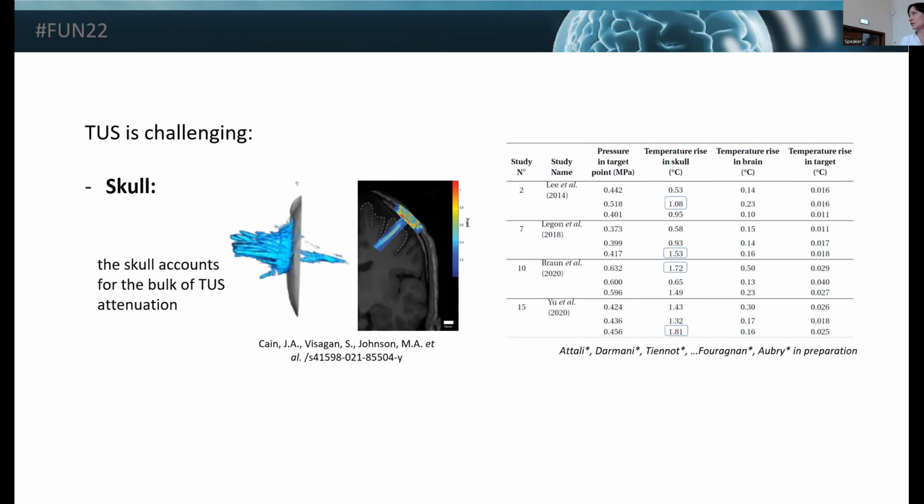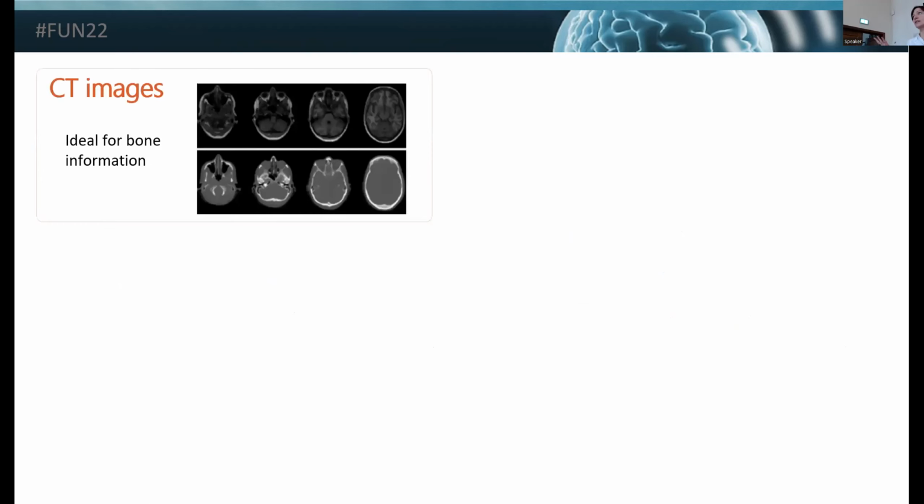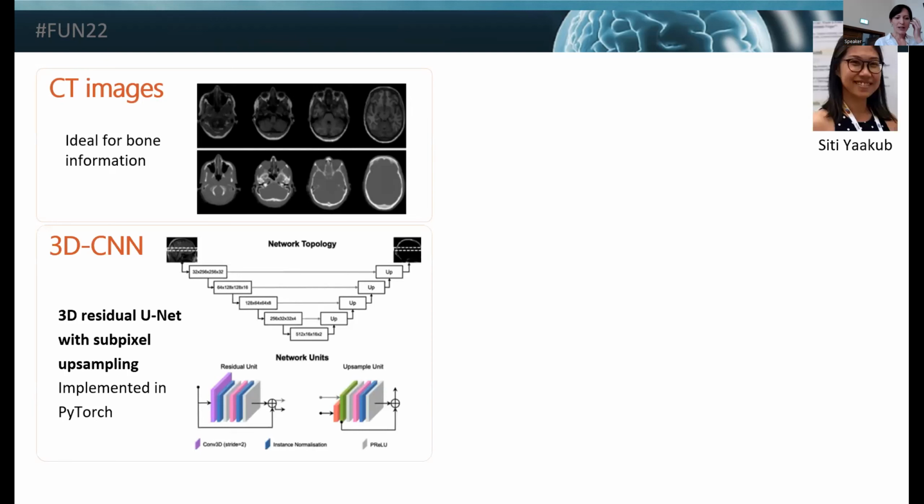And this is just some preliminary results on retrospective simulations that were done on published papers, that show that actually the maximum temperature rise will be in the skull. So it might be a good idea to quantify this. And the ideal image to quantify the bone, like Maria and others were saying this morning, is a CT image, but they are not perfect because it involves exposing your healthy participants to ionizing radiation, so you may want to avoid it. So what we did in the lab, and this was led by my postdoc,